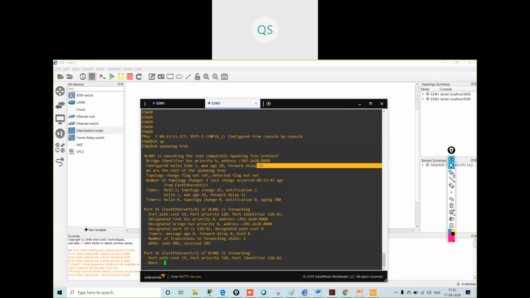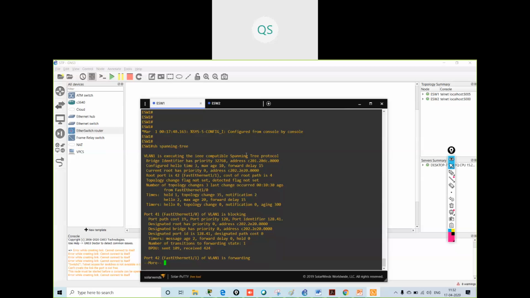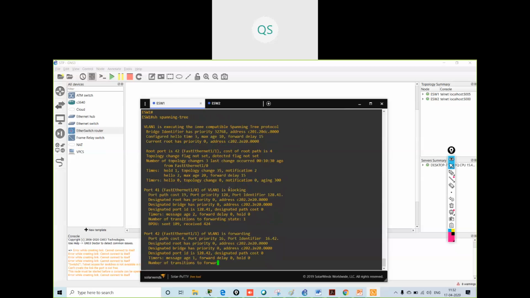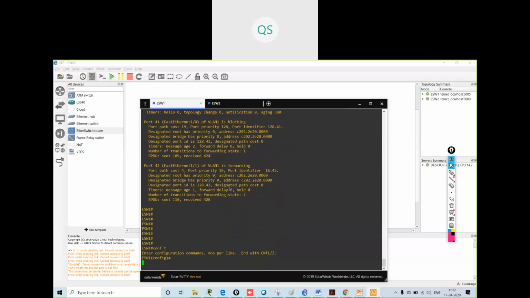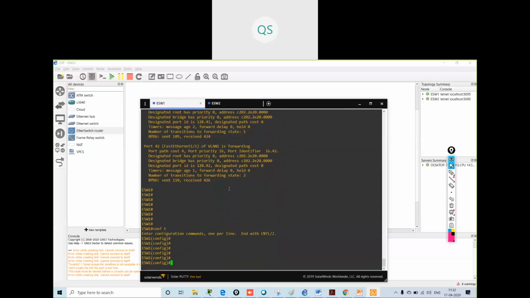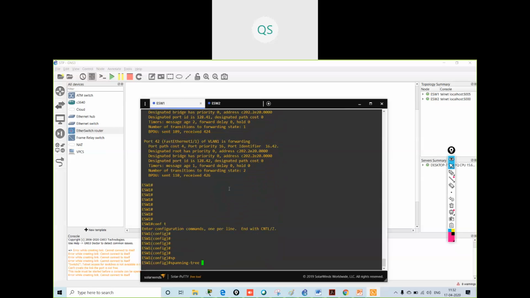We will change this default time and make it any number. Let us see how to change the forward delay timing, the listening and learning time. Spanning-tree, VLAN 1, then what do we have to give?